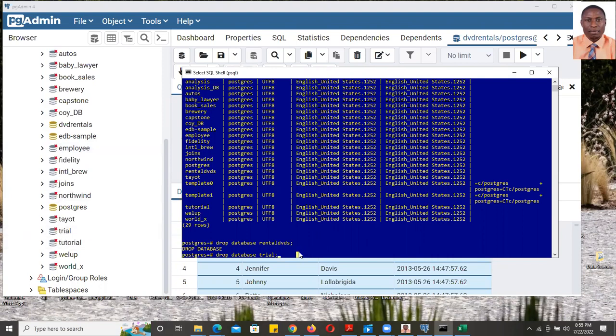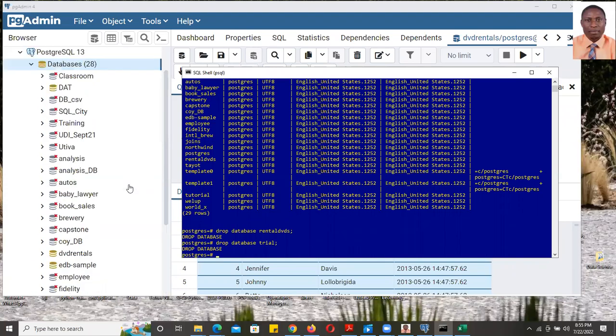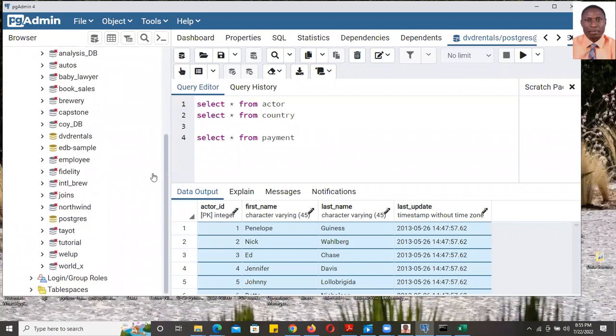So just write your simple statement, drop database trial. Then you click enter, then you dropped it. It's still here, but I will just refresh. Once I refresh, you see that this has reduced to 27 from 28, and the trial database is gone. And that's that, right? I've answered your question. So to the second question,